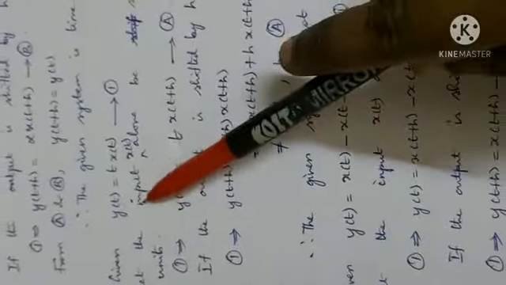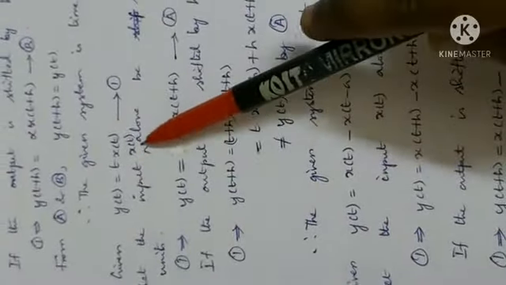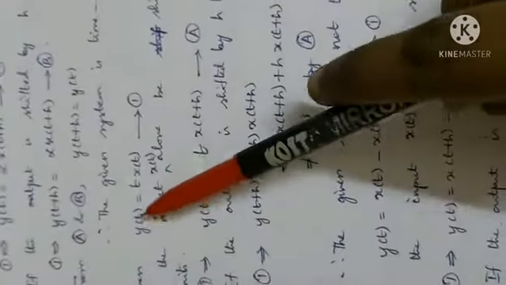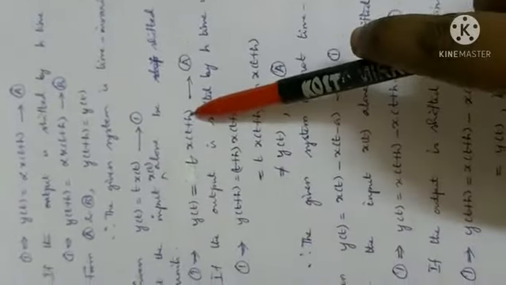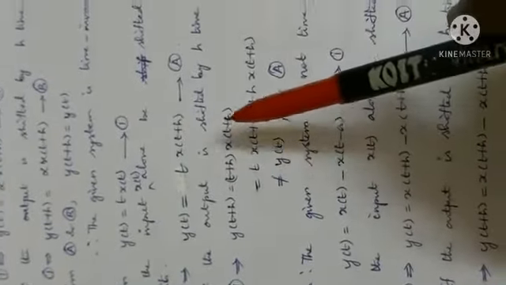Let us see the second problem, it may be clear. This is what is given. Mark it as first equation. First you assume input x of t alone be shifted by h time units. So you keep this as it is. This will be changed to t plus h. Input alone shifted. Okay.